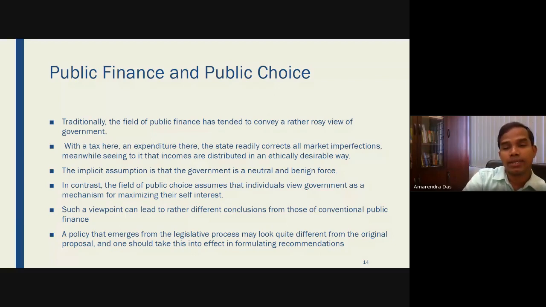But unfortunately, there are different theories which say that it is very difficult to arrive at a social preference, because of any form of the voting system. We follow majority voting, and there are other voting systems, like the count voting, based on the ranks. Any form of voting system does not fulfill the criteria that is required to arrive at a social preference score.